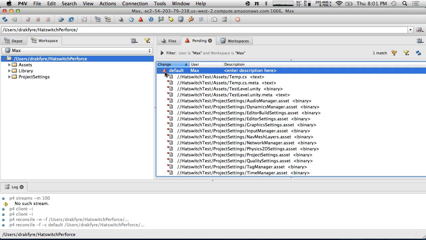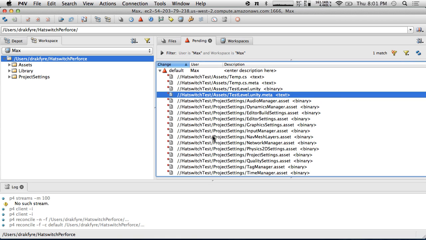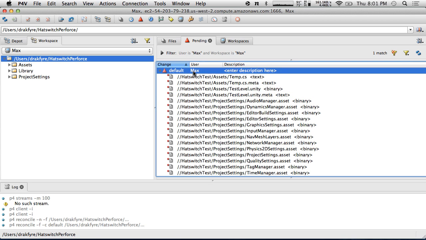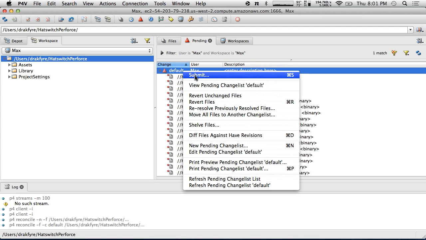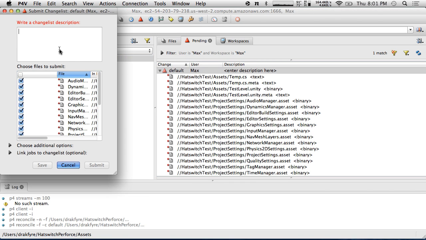So if you click your default changes, you'll see that we have all these files that we're adding to the depot. And so I'm going to right-click and choose Submit. And it says change list description, so we're going to say initial commit. This is your information as to what you've done. So like if you had changed something in a script, you want to put that in here so that you can later, it's like, oh man, that change I made totally broke everything. So you can go back in here and revert it and change things and do whatever you need to do. So we're going to hit Submit,